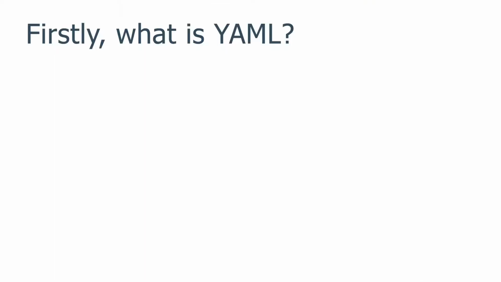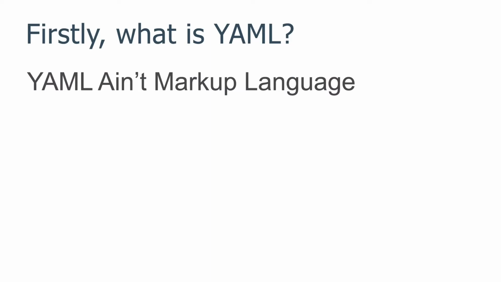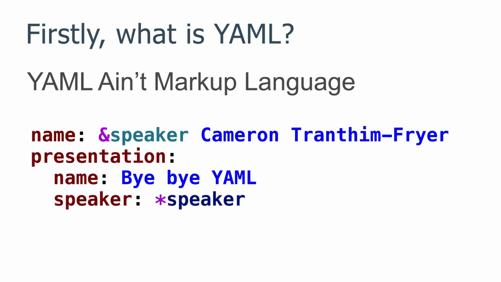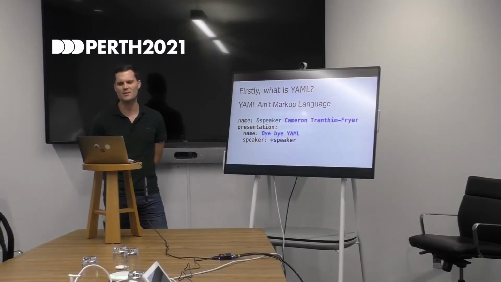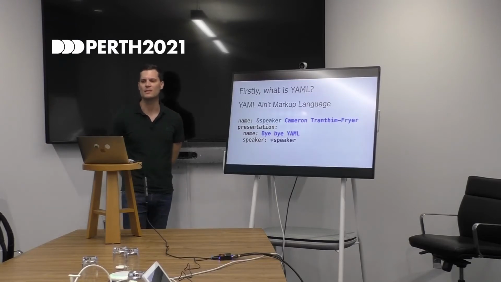Firstly, what is YAML? YAML ain't markup language. Here's a small sample of YAML for those playing at home. YAML is a data serialization language designed to be human-friendly and to work well with modern programming languages for common everyday tasks. So it's kind of like JSON then, but using white space instead of curly braces, and with comments. Think of JSON as the lowest common denominator with a minimal feature set. YAML is a superset with additional features such as better readability for humans. Every JSON file is also a valid YAML file, and this simplifies adoption.